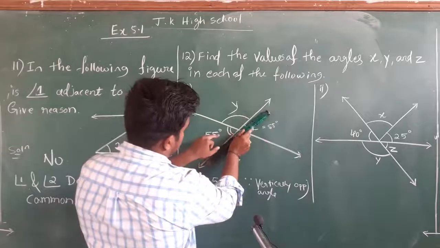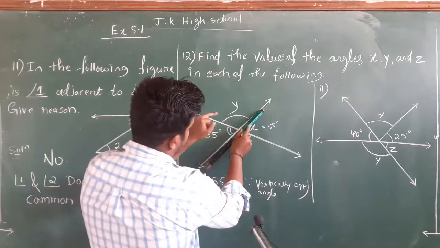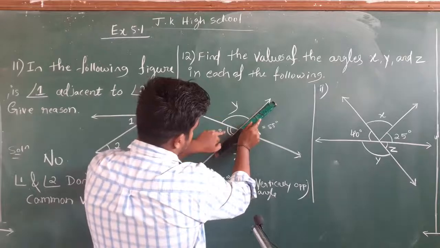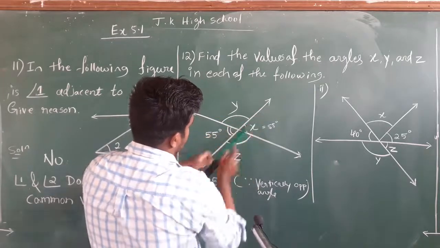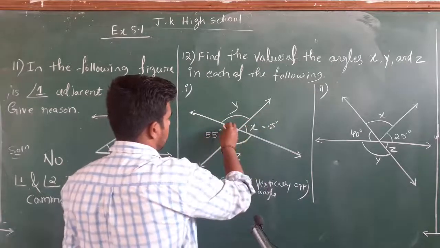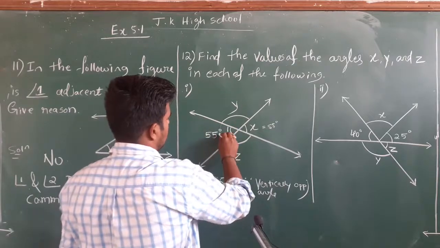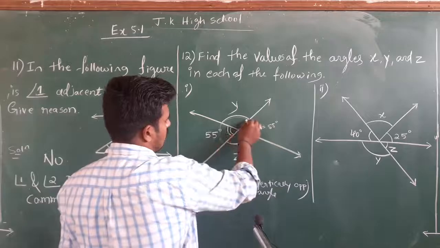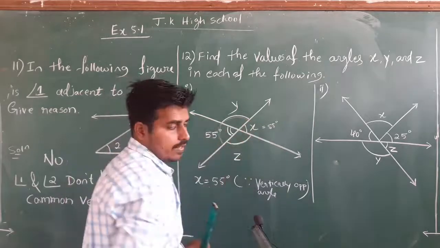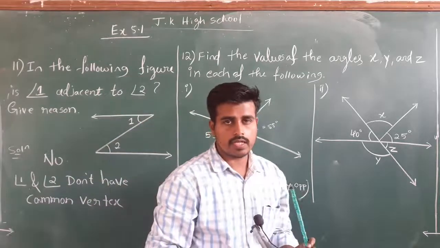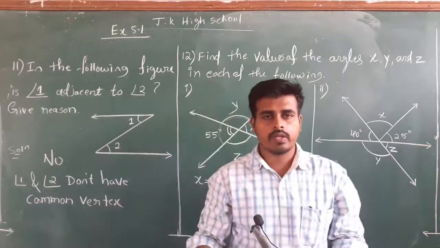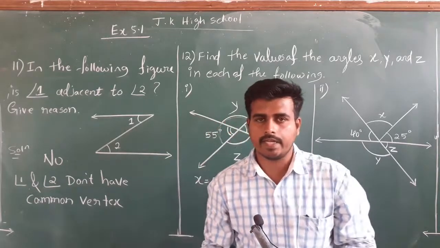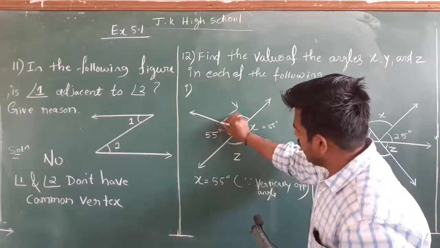These two angles, 55 degree and y, are completely made on this straight line. These two angles cover a whole straight line. Am I right? You can observe here. Both are made completely on a straight line, and we always know a straight line always means 180 degree. So complete is 180 degree.